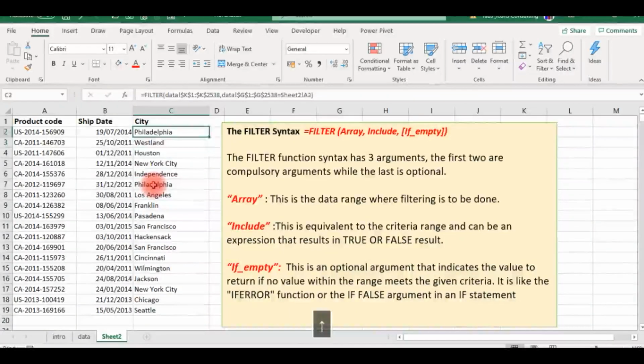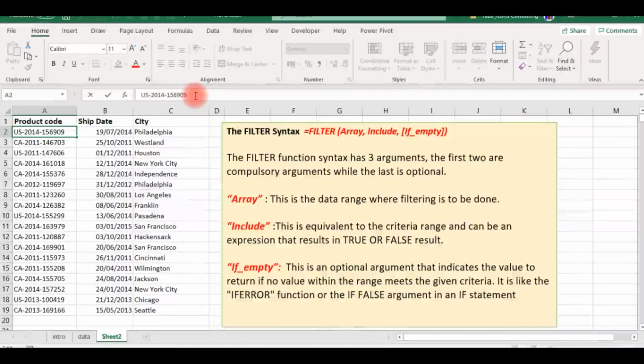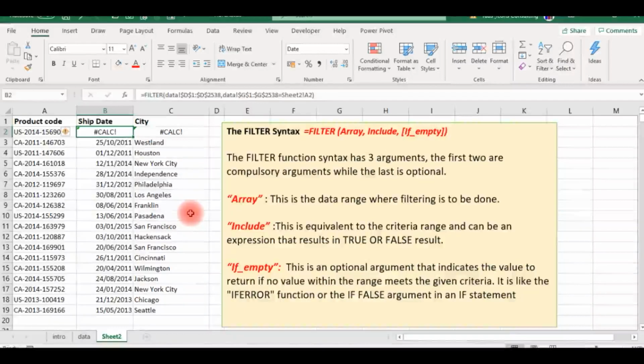But let's see, what if I have a code here that is non-existent in this place? This code is ending 909. Let me change that to 901 and see. Look at what happened. It shows an error message. Now, if you do this, you will actually know that this value doesn't exist. But look, your work looks a little bit nasty here. So what we'll do, we are going to include the optional argument. Remember, we said the optional argument returns a value if there are no values that meet the requirement within your selected data range. So I'm going to correct this back,